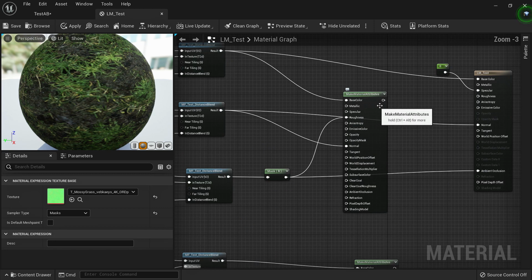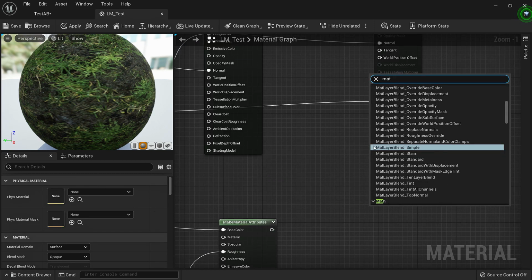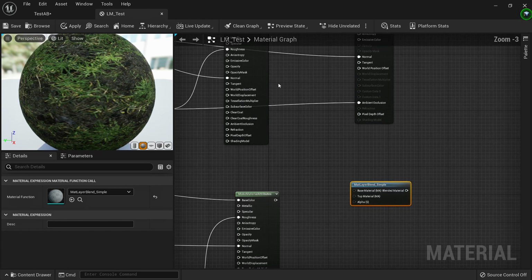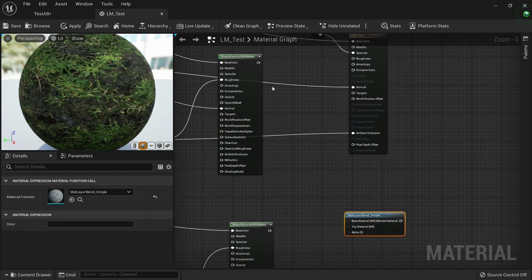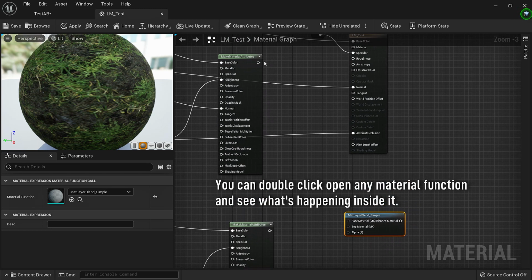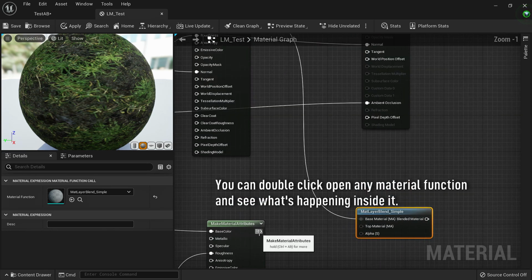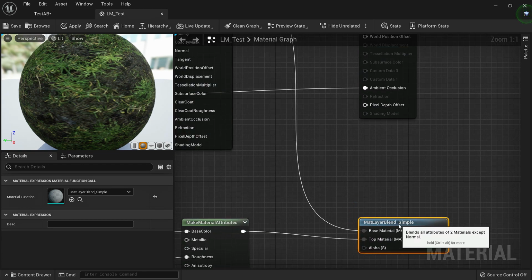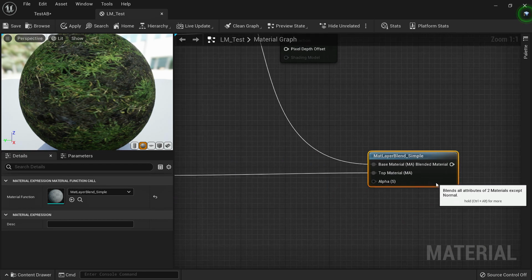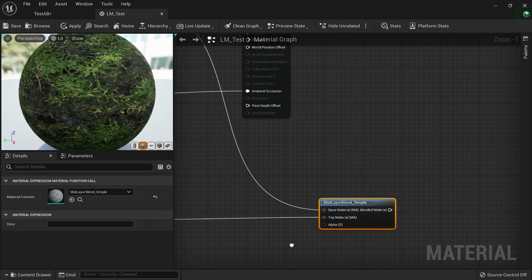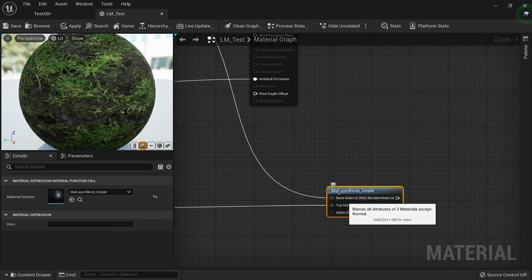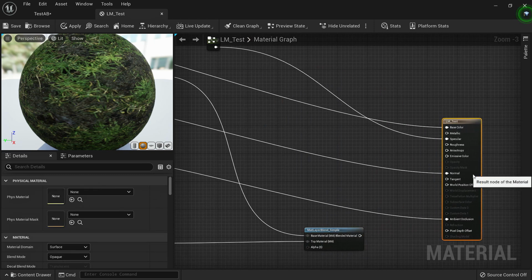And now we have two different materials, and now to blend these two we are going to use MatLayerBlend simple. This one is also another inbuilt material function, so it's just easier because it takes the material attribute as the input. So we are using this, and we'll put our grass A in base color and grass B as the top color. So this is the same as the A and B input from our lerp, and this is the alpha that is used from the lerp. It's doing nothing more than taking, like, say, base color from A, base color from B, and using a lerp with the alpha that we provide, and then we will create the alpha for our material blend.